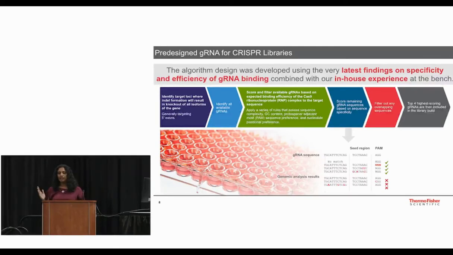Once you find all possible guide RNAs, you take those guide RNAs that have a 5' region if you want to knock out a gene. If you're just silencing the gene, you're trying to focus mostly towards the 5' so that you are cutting that genome early on so that you can knock down the message downstream. And then once you take those 5' regions, you're also looking at off-target effects. You're trying to look at 1 or 2 or 3 base pair differences, and whether this sequence will bind elsewhere in the genome. And you do the off-target analysis, and you're also looking at binding efficiencies of these, the GC